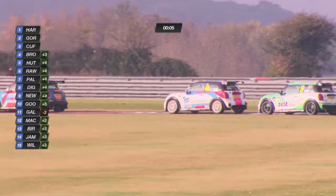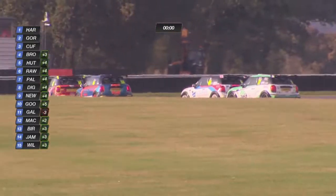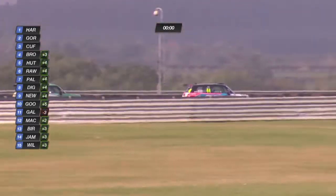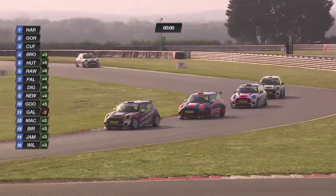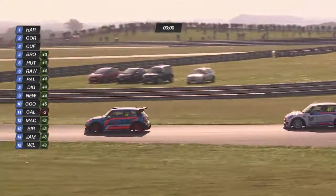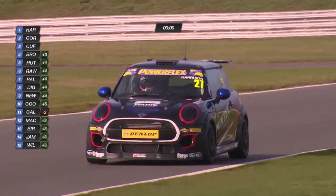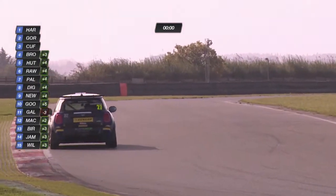This is Gaylor's first season for the young teenager. He's going to be looking to step up in terms of results next year, as this year is all of course about learning the racecraft of these minis, moving up from karting, and next year he'll know the tracks, he'll know the car a little bit better, and a little bit of testing, and he'll be pushing himself further up the order. But on to the last lap, or on the last lap we should say, heading down towards Corn